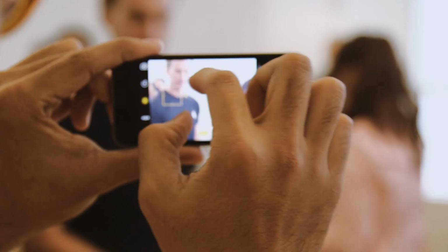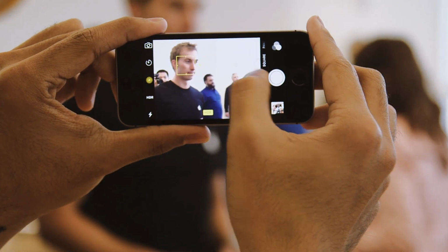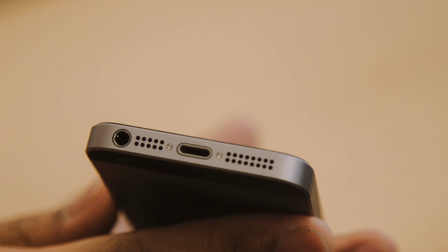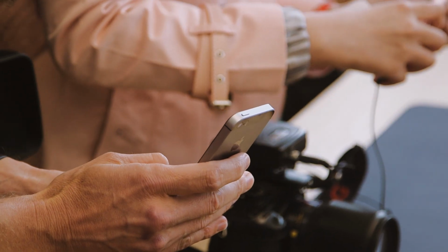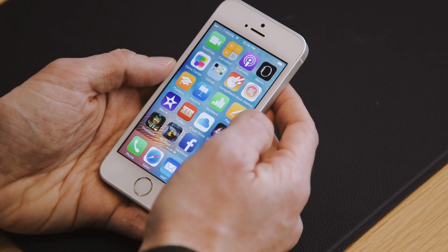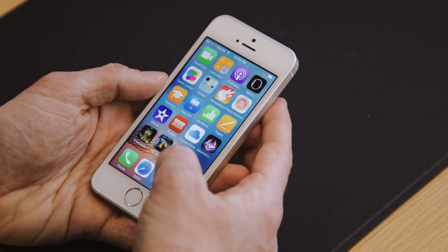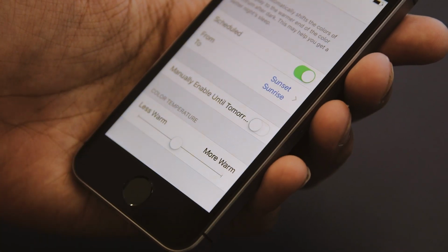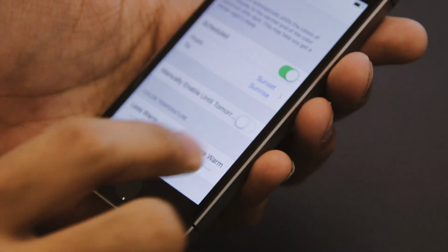Now, there are some things that you aren't going to get here, especially considering it's a $399 device. It doesn't have 3D touch, for instance, so peeking and popping your apps and settings just won't work. You also have a smaller battery, although Apple says you are going to get more battery life out of your SE than you would out of a 5S. Unfortunately, they're not telling us how big the battery is, so we'll kind of have to see how it works for ourselves. Obviously, we're going to need to spend some more time with this thing before we pass judgment, but